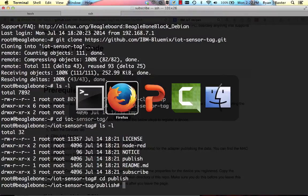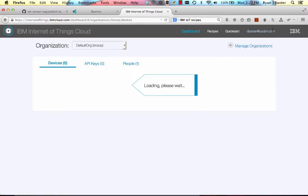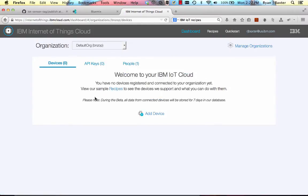The way we can get that is to go over to the IoT cloud here. You can sign up for the IoT cloud beta, which is free of charge right now, with your IBM ID and password. I've already signed up, so I'm just going to log in. When you sign up, you get an organization, and you can register devices as well as API keys with the IoT cloud